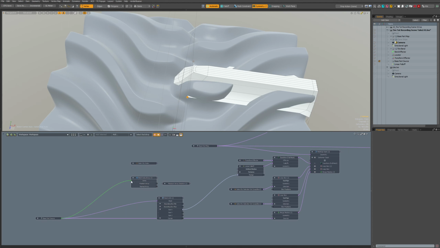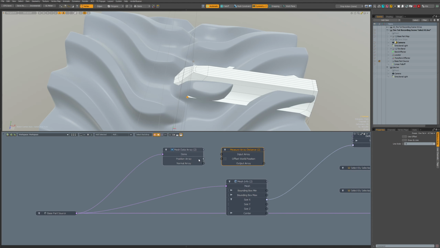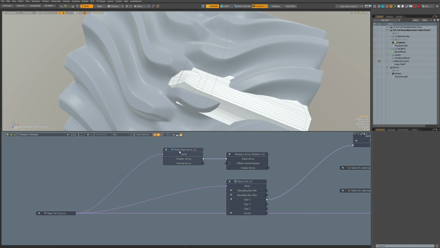So this is our item and position array, input array. What does it give? I don't know. Yeah, we already have this.